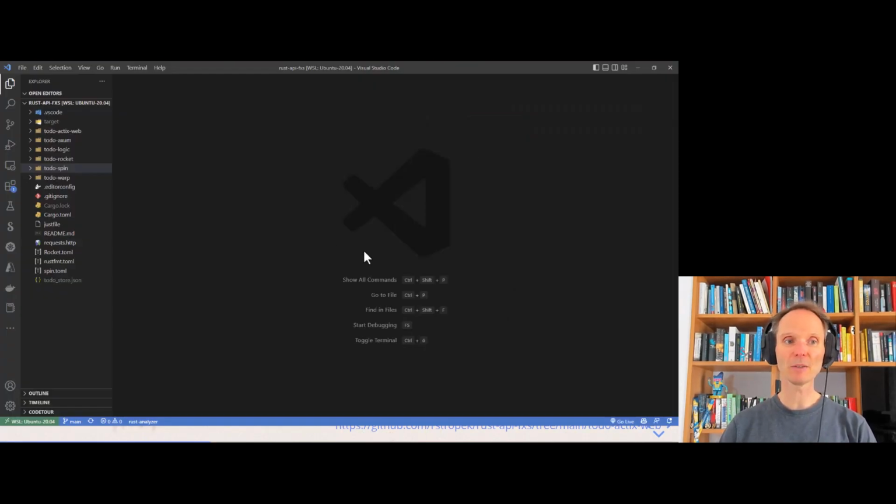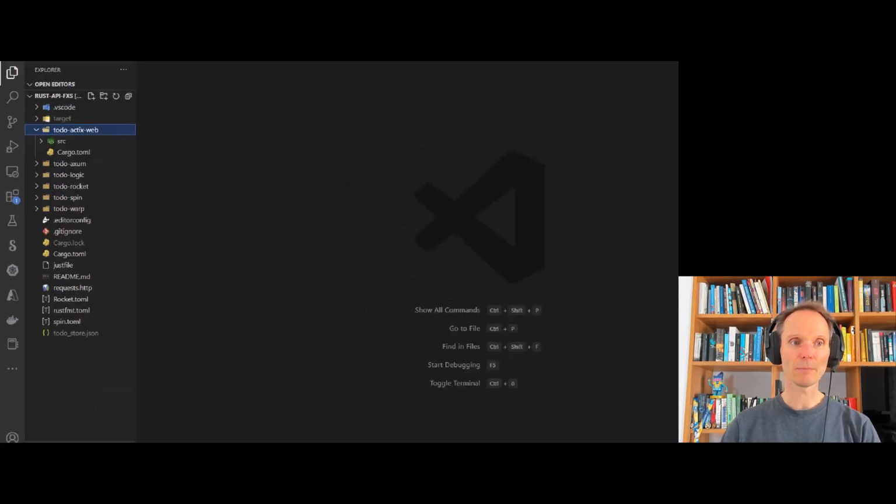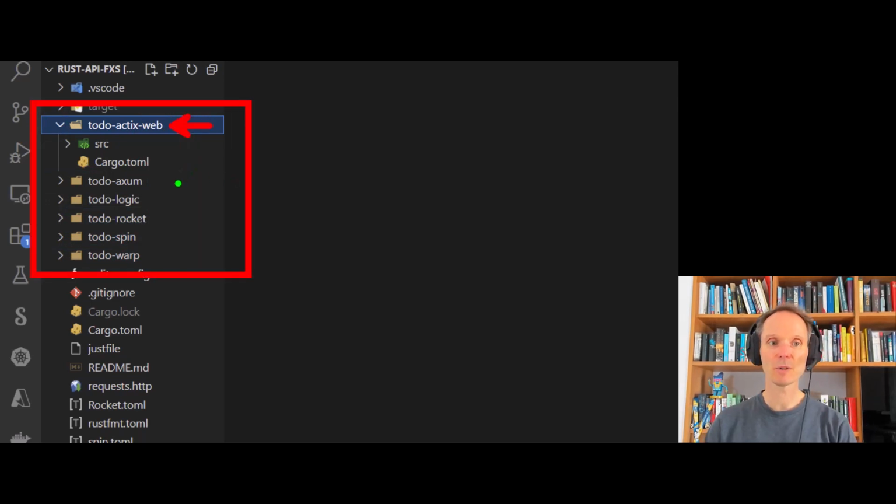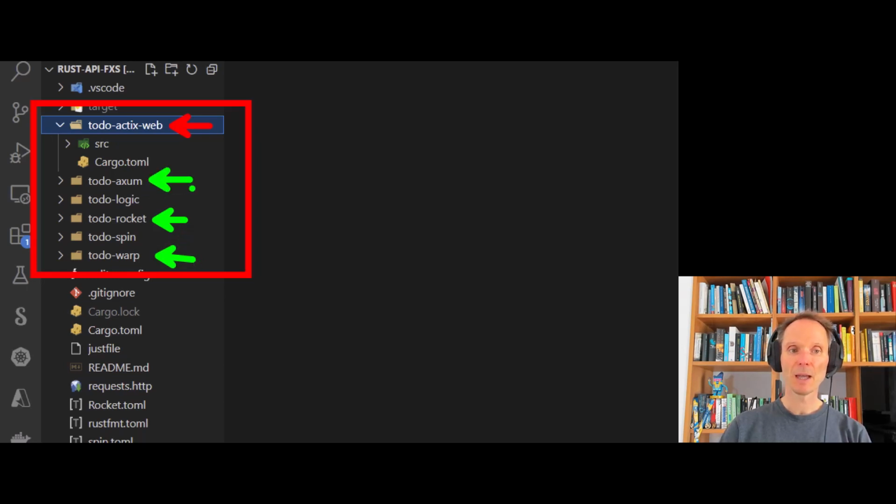So let me go into Visual Studio Code here and show you the structure of my solution. If I zoom in a little bit, you will see it quite nicely. I will mark it here. We will start with Actix, and after Actix you see the other frameworks that we are going to cover. We will continue with Rocket. After Rocket we will take a look at Warp. After Warp we will take a look at Axum, and I have implemented the underlying business logic for my to-do